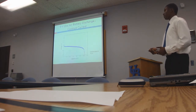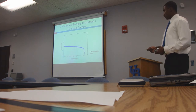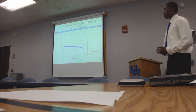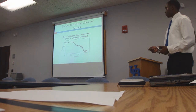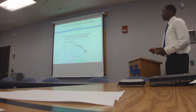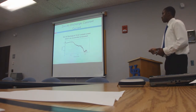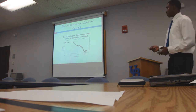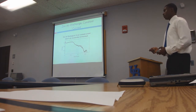This right here is the zinc air battery that I discharged at a constant current, and right here you see that the slopes are pretty flat also, and it reached a little more than its full capacity because I discharged it at a slow rate. Right here it appears to be a distorted zinc air discharge curve with a constant current. The distortion is due to a number of variables